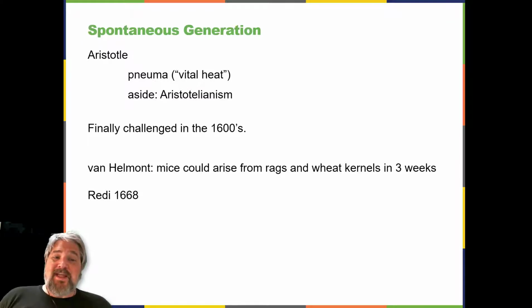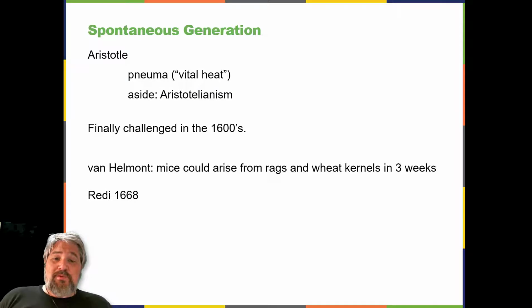Jan Baptista van Helmont, a 17th century Flemish scientist, proposed that mice could arise from rags and wheat kernels left in an open container for 3 weeks. In reality, such habitats provide ideal food sources and shelter for mouse populations to flourish. However, one of Van Helmont's contemporaries, Italian physician Francesco Redi, 1626 to 1697, performed an experiment in 1668 that was